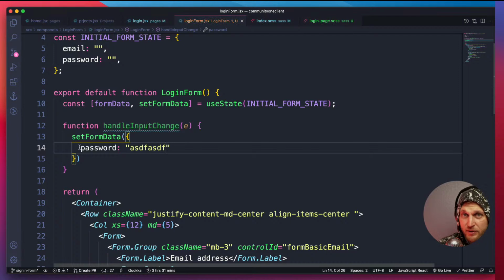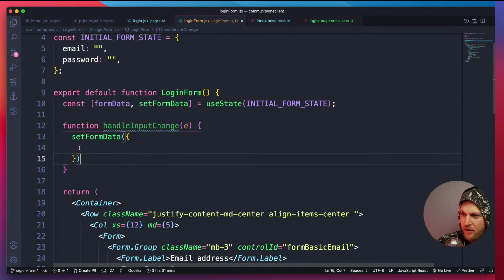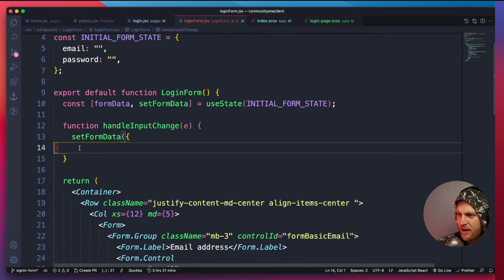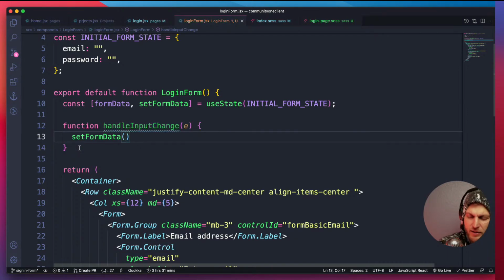But every time people type in the input field, we want to make sure that you're not overriding previous state. We want to make sure that the email stays in. So the only way to accomplish this in our set form data is to use the previous state, and this is something that you can read under the documentation. This is just how you do it, but you take previous state and you return a function